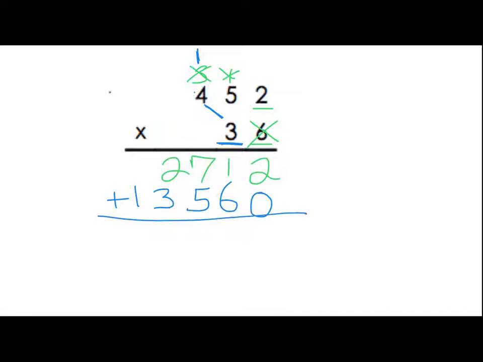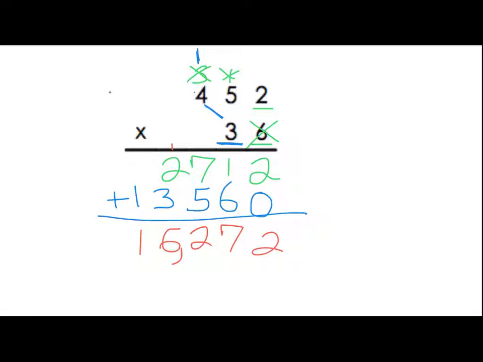Now we have the joy of adding it all up. Let's see what we end up with. Carry the 1. All right, we have to put our comma in 1, 2, 3. So that was a very silly comma. Here's the comma. 452 times 36 is